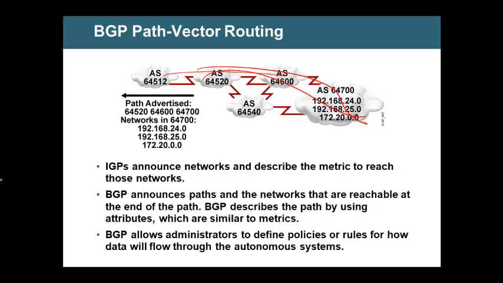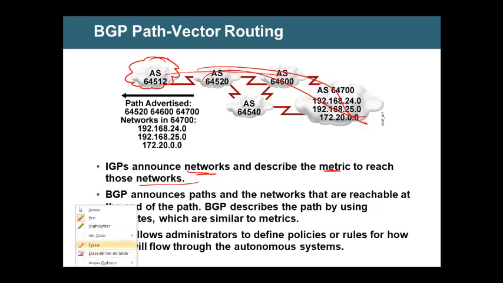Within the autonomous system, you have networks and their metrics to reach the destination, but those destinations are not outside the autonomous system. They're within. So within this cloud, you may have many networks. To reach those networks, we have this IGP. Whereas BGP is to provide reachability